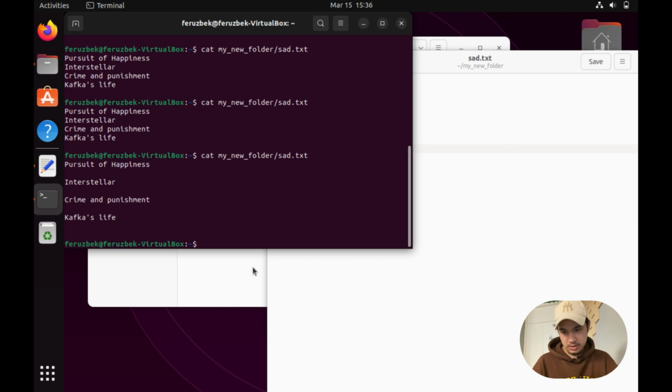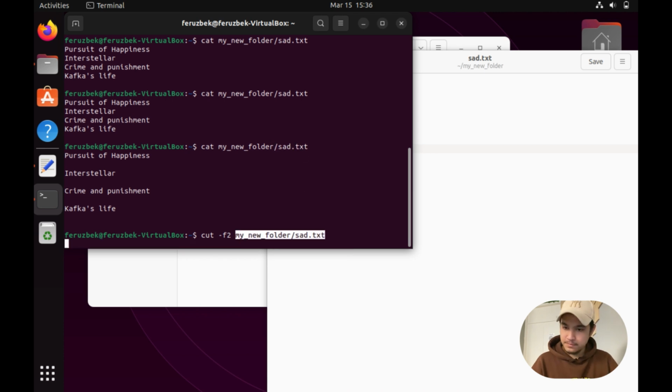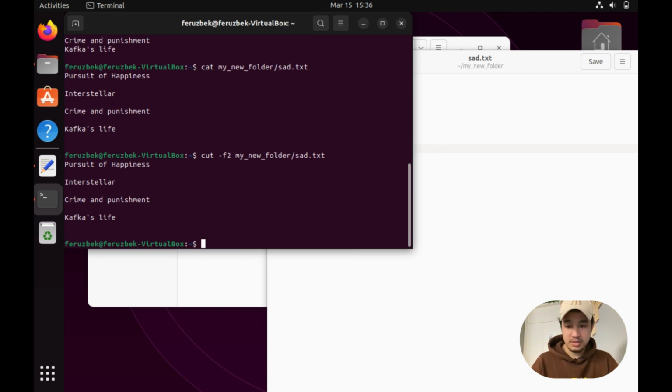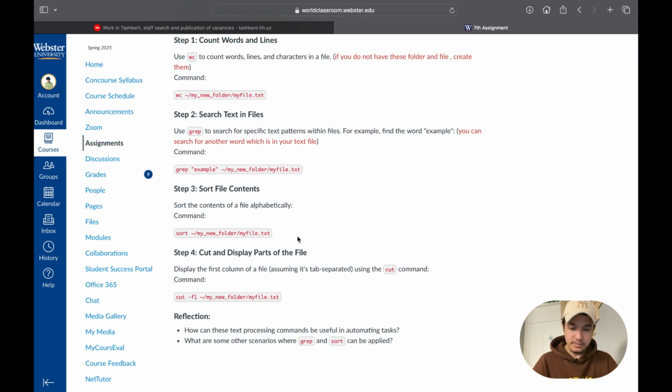Now we see it's tab separated. Now let's try to run again the, what was the name? It was cut -f2 and file. No, I think it's just returning the content inside our file. So that's it. Fourth step also complete,